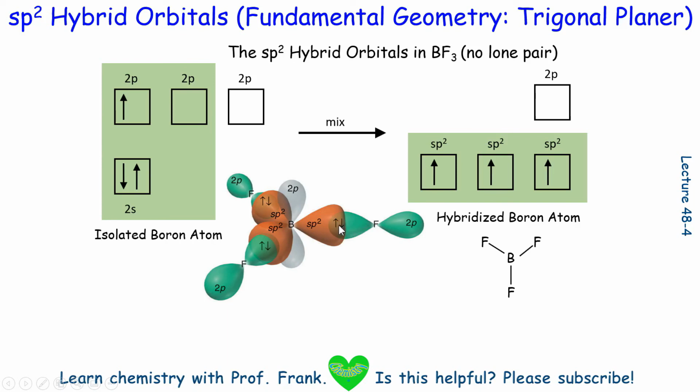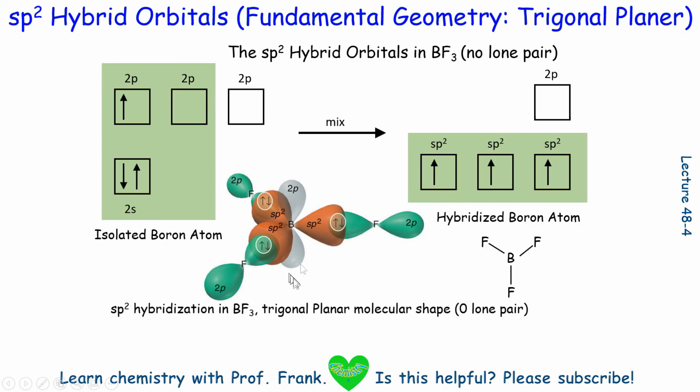And then 2 electrons are shared between boron and fluorine atom. So that's the case for each of the 3 BF bonds. You see, those are the shared electrons, and each of them actually is 1 BF bond, like what it shows right here. Therefore, in BF3 molecule, for the central atom boron,